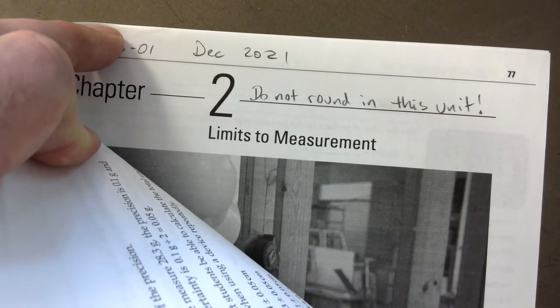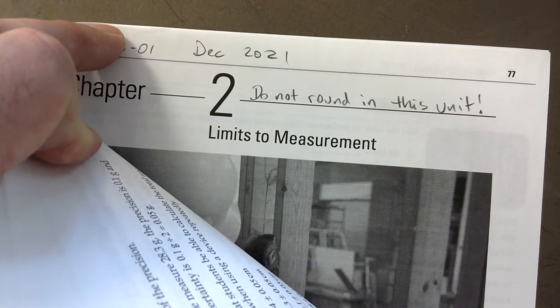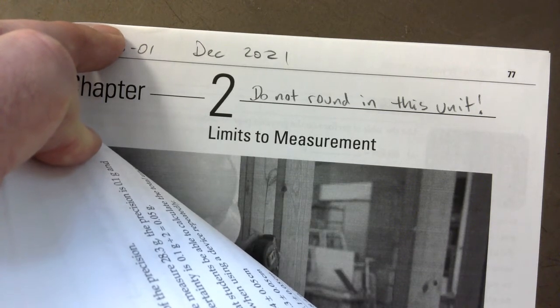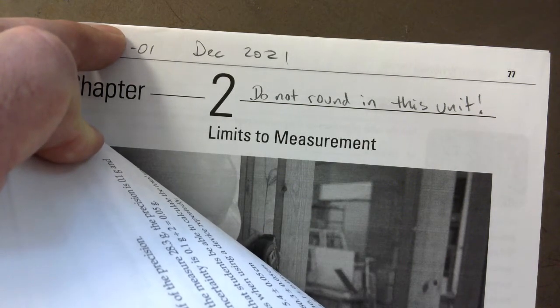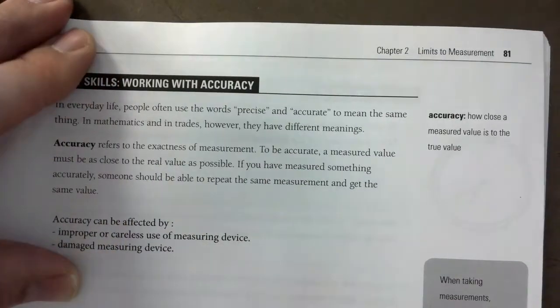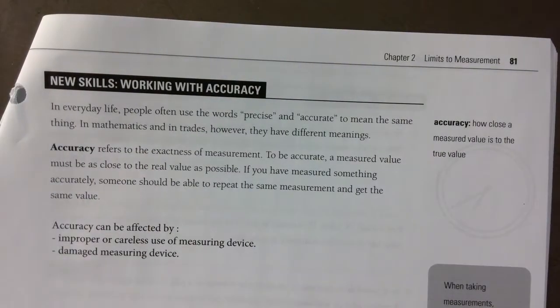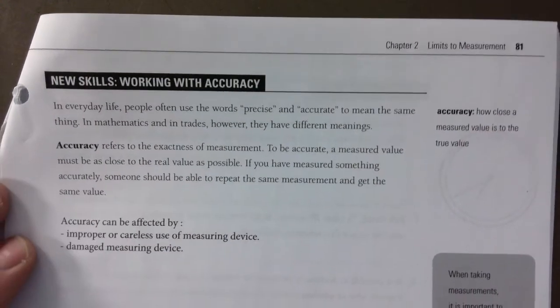Like we will use 3, 4 decimals or more, but we do not round in this unit. We want to be as accurate as possible. So right at the front somewhere where you don't forget about it. Do not round, okay? So that being said, if you have a highlighter or a marker to underline, whatever you do to kind of